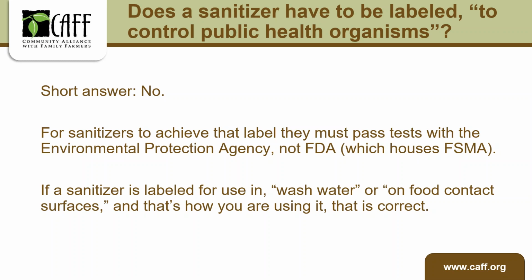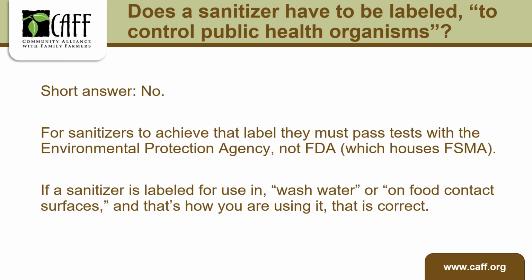the products that are on that Excel sheet, if it says no, that product is not labeled to control public health organisms, it doesn't mean it's a no because that product was tested and it doesn't succeed. It's probably a no because that product hasn't been submitted through the EPA and gone through that part of their testing requirements. So the short answer is, if you find a product that would work and is organically approved and